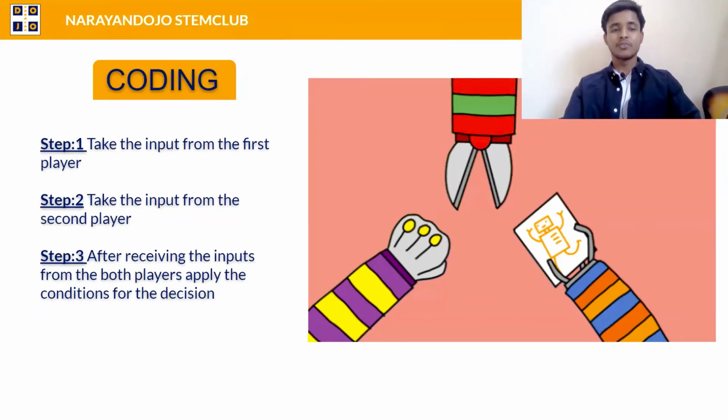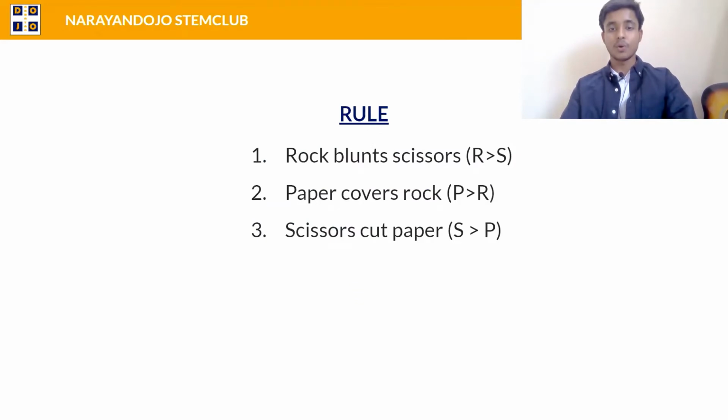Okay. So for adding the conditions, we are going to use the if-else conditional block. So earlier we have already seen the rules, where rock is greater than the scissor, paper is greater than the rock, and the scissor is greater than the paper. And we will use the same rules for making the decision. So for adding the conditions, there can be a lot of possibilities because the inputs are 3 types. So there can be 9 types of possibilities,